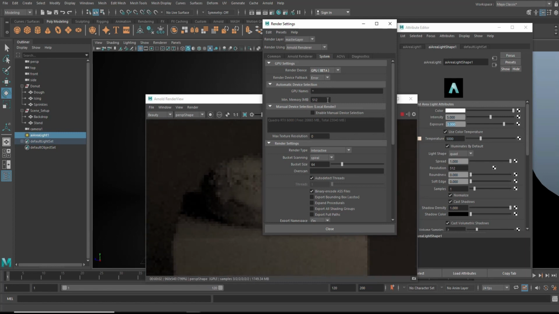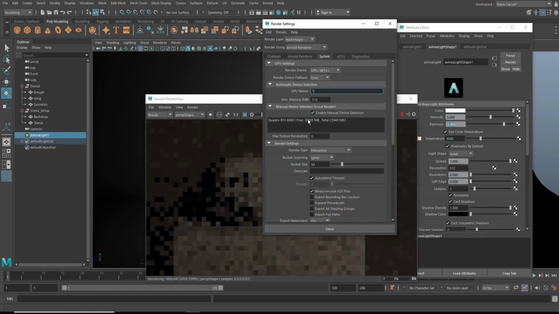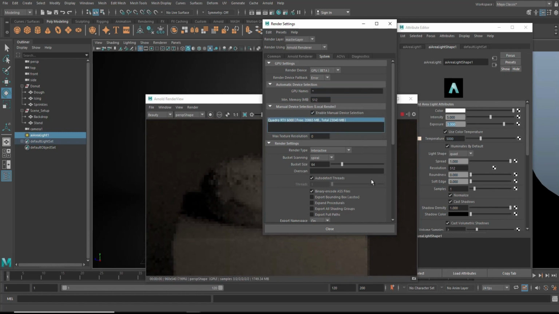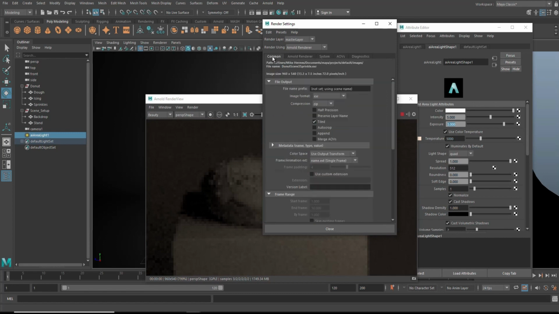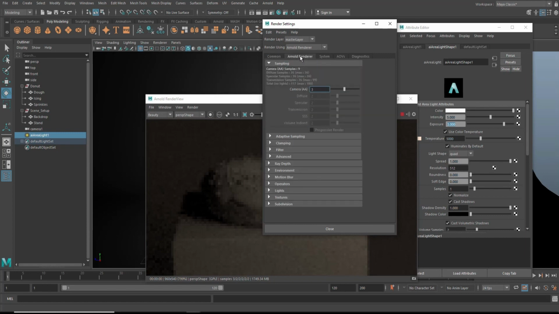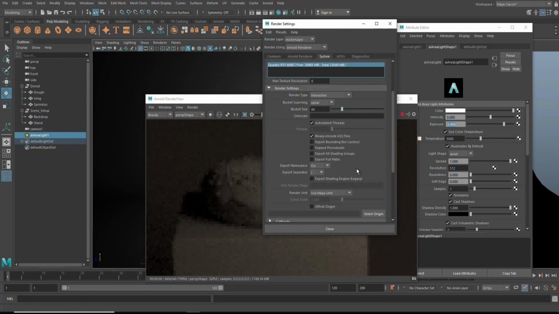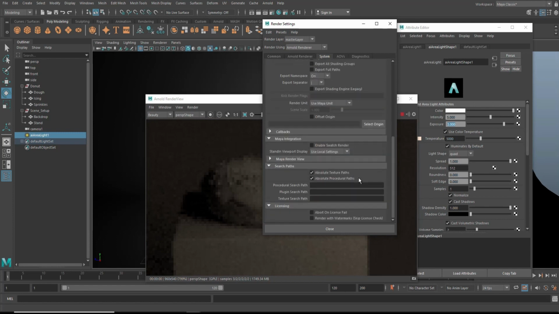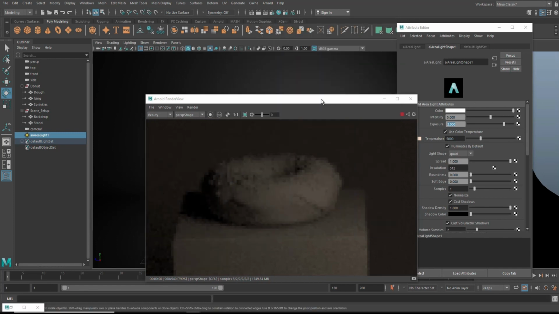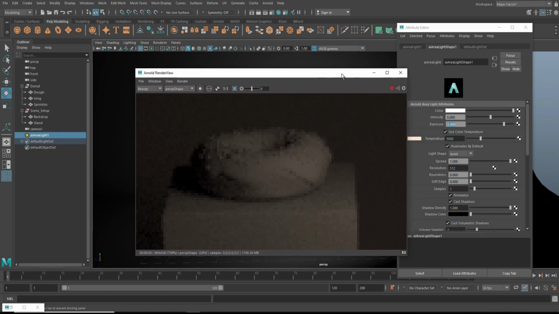And then you can go in here, and we have memory set up and so forth. And I'm not going to worry about that too much. Let me see here. Yeah, I'll select my card here. There you go. And let's see if there's anything else we want to do for now. Keep in mind that we're going to be doing a lot of rendering, right? And we don't want to have to wait all the time. So we're going to keep it at a pretty low res right now, right? Okay, let's see if there's anything else I want to change just now. No, it's all good. All right, so we got that set up, right?